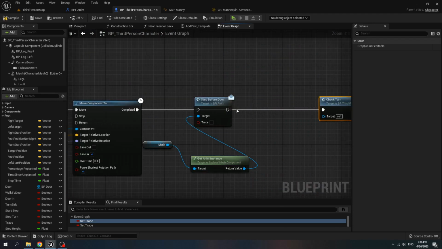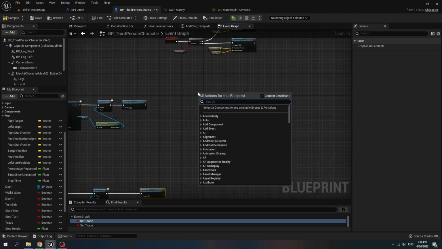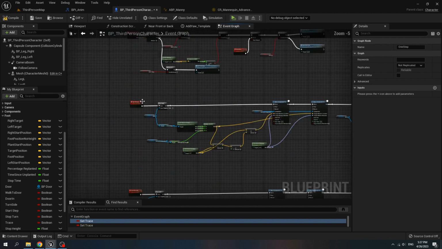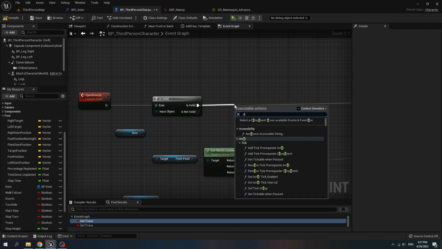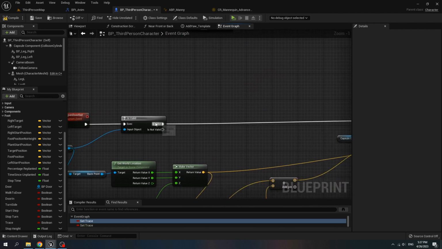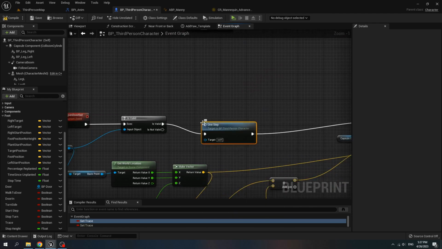Set step before door and trace to false to stop the trace, and create a custom event, name it one step. We call this event after the door is valid for open door in event, and open door out event we call one step too.